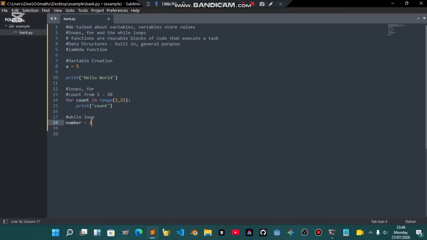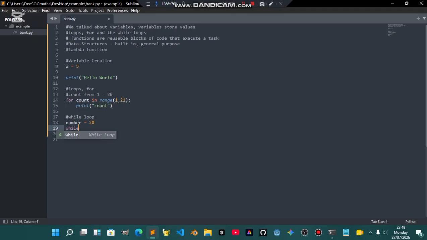I can start at 20 and say that the while loop is not compulsory that it must only be used for where you don't want to stop. You can also use it if you have a particular place you want to stop, just like the for loop also. So if you say the while loop,